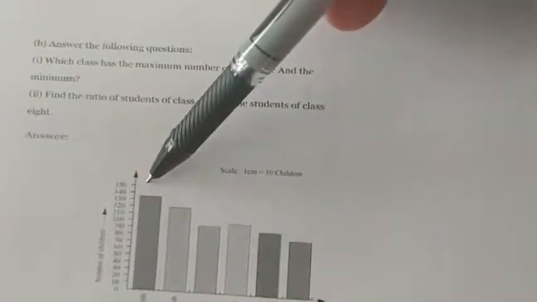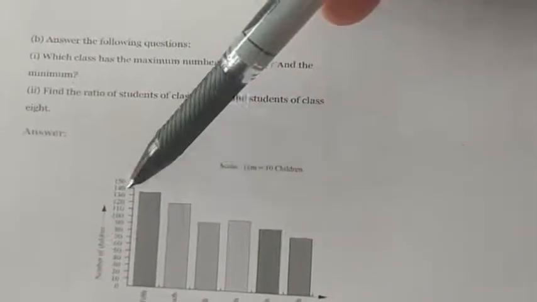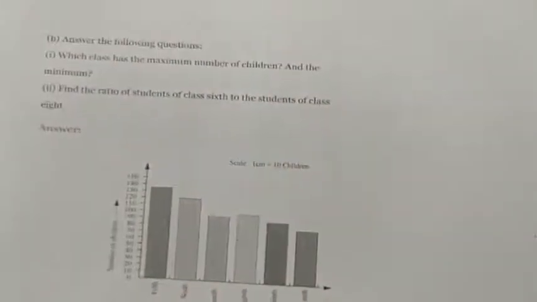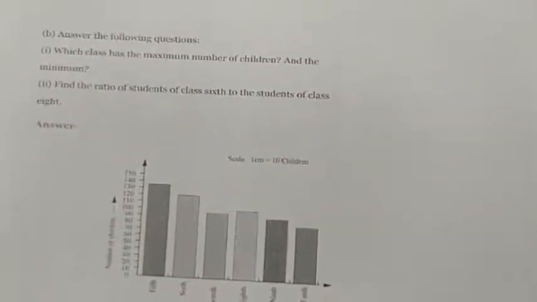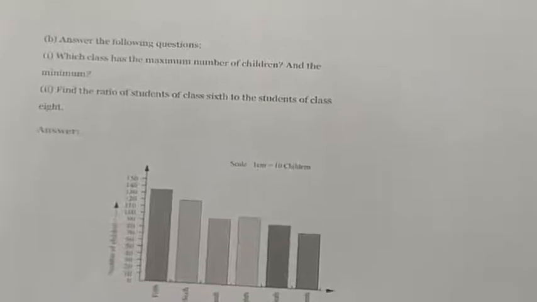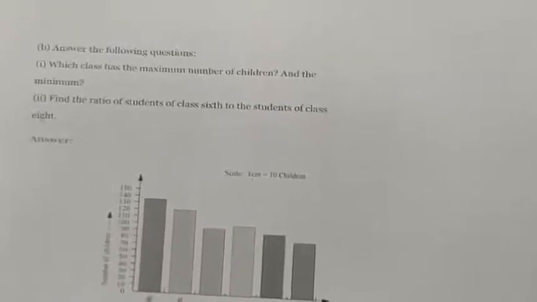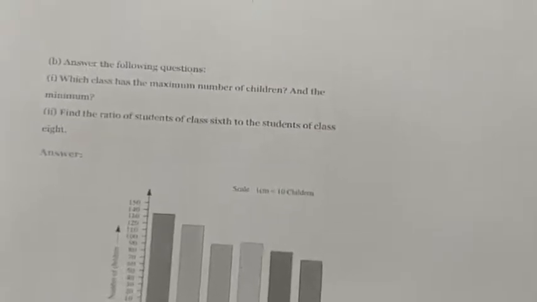It is very much easier for finding any value, because in between 0 to 10 there are 10 boxes. In between 0 to 10 there are 10 boxes, so if you want to find the 12, then 10, then next 2 boxes, that will be the 12, right? So we will take the gap as 10. That will be very much suitable for the bar graph.